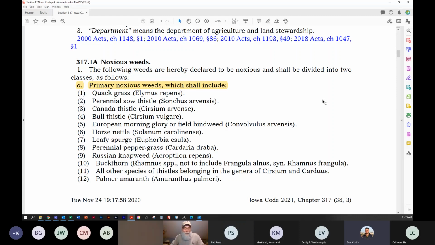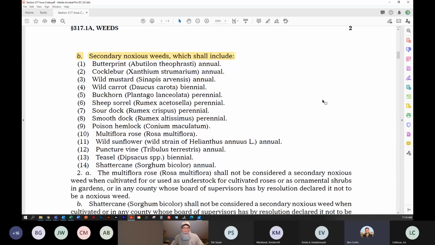As we're looking at these species here, these are definitely all non-native species I'm seeing here, except for one. Here's horse nettle. Horse nettle is not a non-native species. That is a native species. So again, the origin of these species isn't really a factor here in deciding whether it's a noxious weed or not. And I'm sure there's probably some other native species on the secondary list, but let's see,